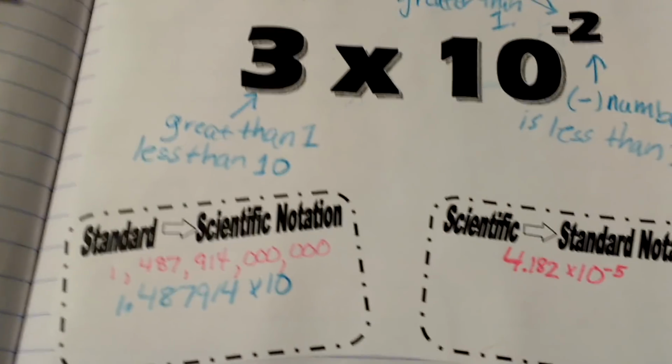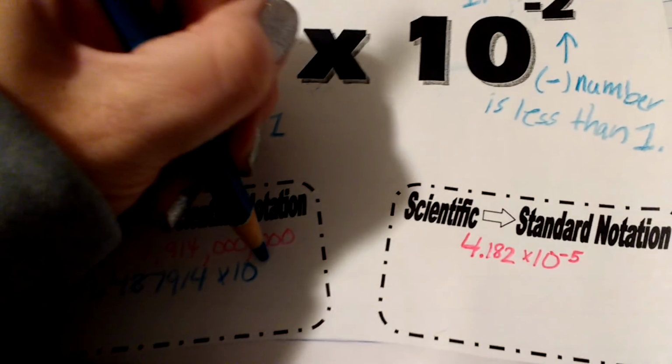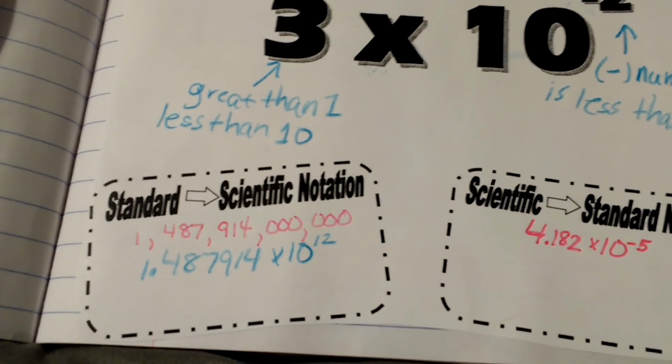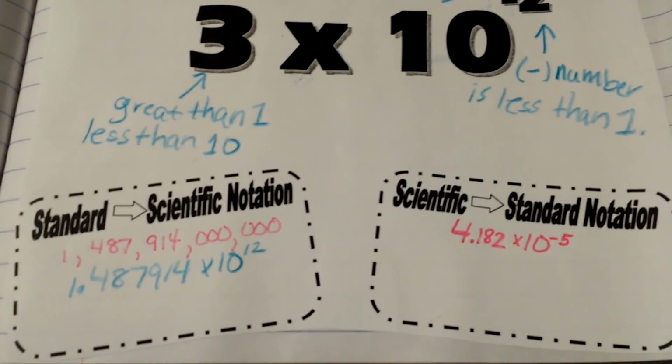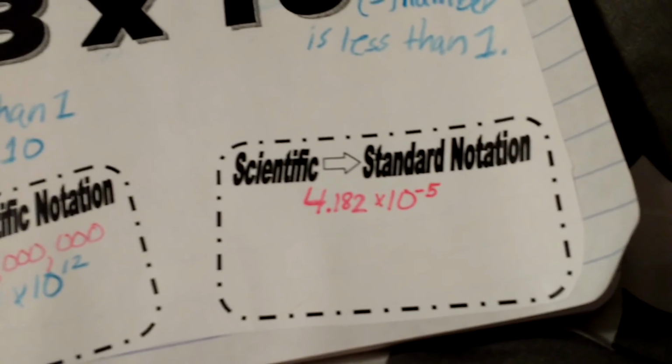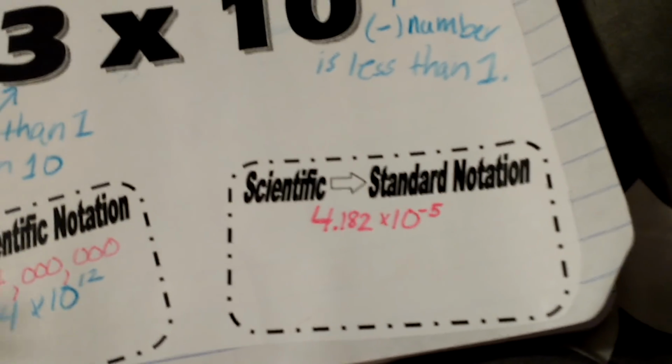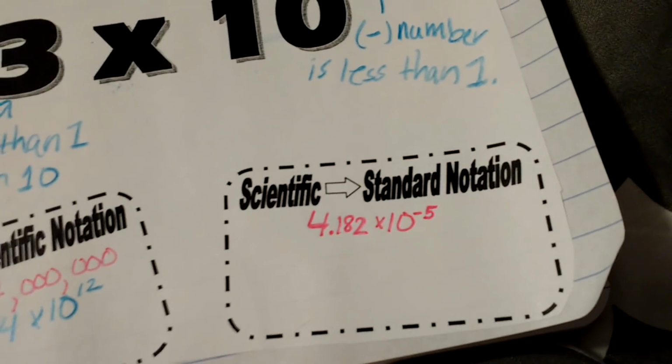See a little exponent there, and it should be a 12. So this is 1.487914 times 10 to the 12th. Okay, so when you are actually going from scientific notation to standard notation, you need to change your calculator back